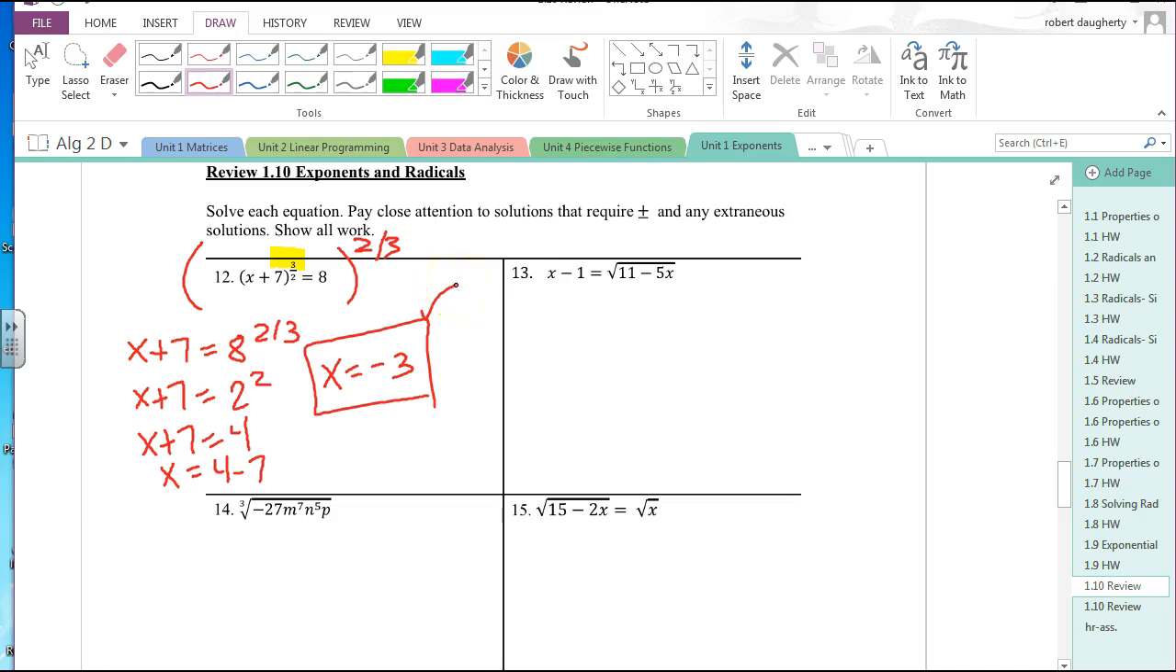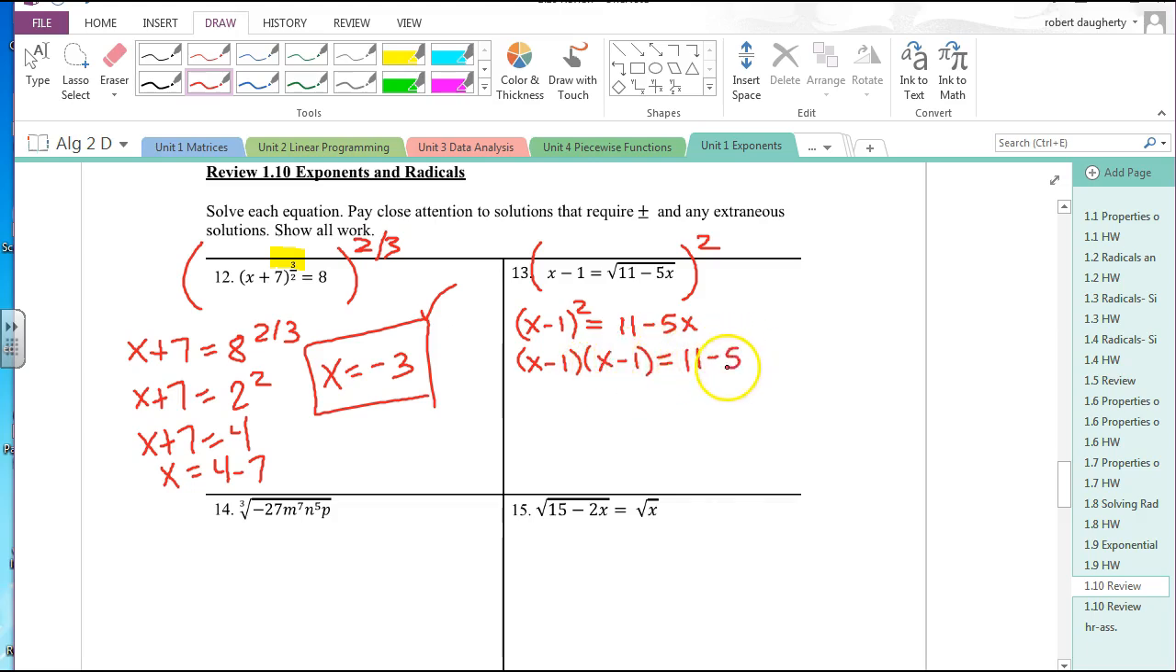Number 13, I would solve this by squaring both sides of this equation, keeping in mind when I square both sides of an equation, if I get multiple answers, I must check those answers. So x minus 1 squared. When I square the right side of the equation, I get 11 minus 5x. On the left side, this is x minus 1